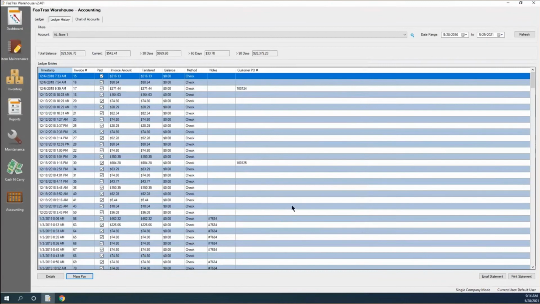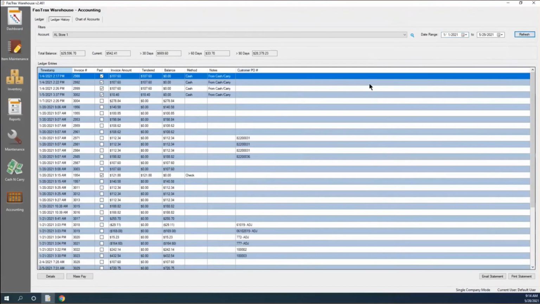All right, when we're looking at an account as well, we also have the option to email a statement or print a statement. And right now I'm looking at date range from 2016 all the way up to basically tomorrow. So let's come to just this year. All right, so as you can see, I have fewer invoices in here now. So if I wanted to print out a statement for this particular account,